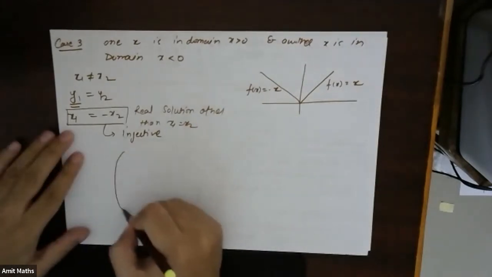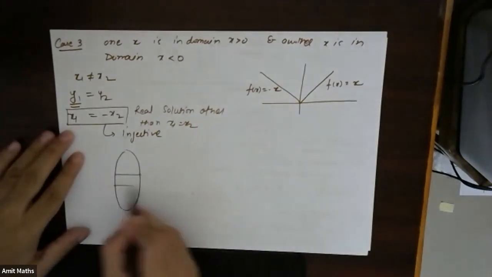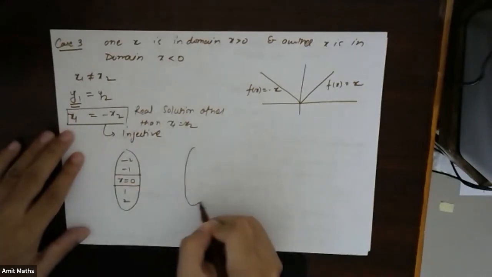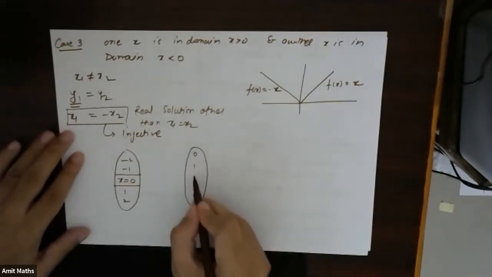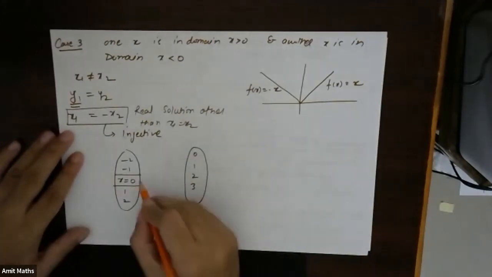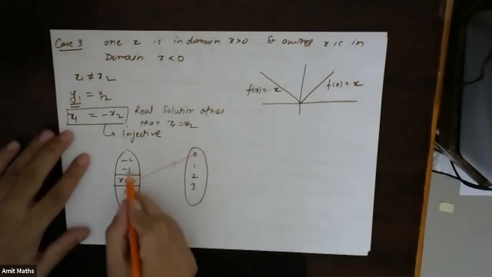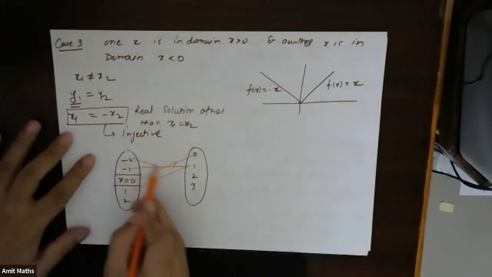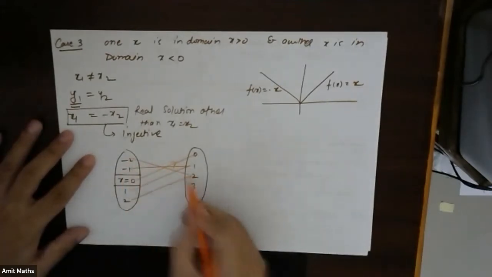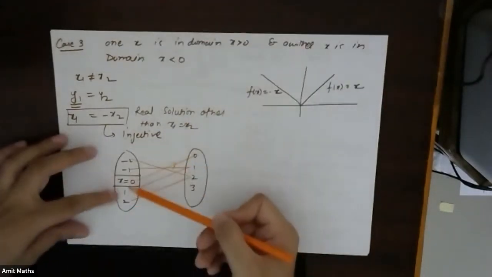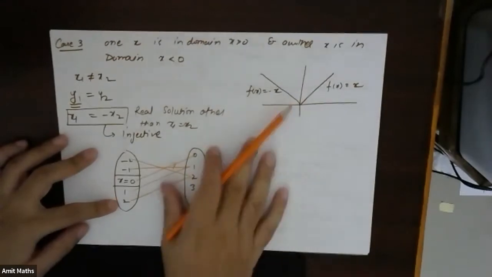If I plot this, for x equal to 0, this is 1, this is minus 1, this is 2, this is minus 2, and so on. This is y, this is 0, 1, 2, 3, and so on. For 0, it was giving me 0. For minus 1, it was giving me 1. For minus 2, it was giving me 2, and so on. See, one part is coming from negative and one part from positive. I hope this example is clear.